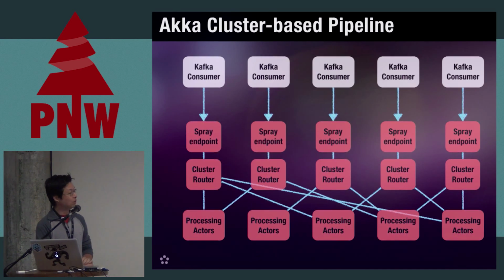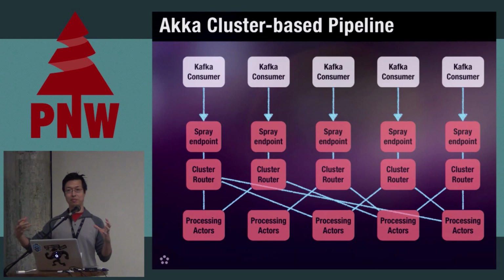So instead, for our new ingestion pipeline, we decided to move away from Storm and to use Akka entirely. Now, this diagram shows we were trying out Akka Cluster. If you haven't heard of Akka Cluster, it's really neat. It's an Amazon DynamoDB style system where it's peer-to-peer. You spin up a couple of nodes, and they gossip and talk to each other. If new nodes come up, they know that they exist. So this is really cool. We tried it out when it came out in experimental mode in 2.1.